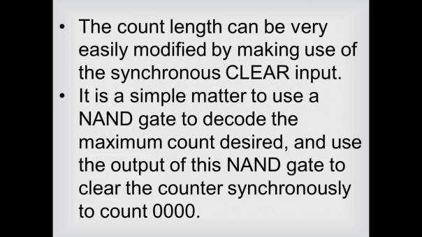So whichever maximum state you desire, the inputs corresponding to that state must be provided. That means the fundamental product corresponding to that state should be provided, so that the output of the NAND gate is going to be low and the clear input is going to be activated. On the next clock pulse, that maximum count is going to appear on QD, QC, QB, QA, and then when you give the next clock pulse, the flip-flops are going to reset. That means they start counting again from 0000 and then come to that particular state. Again it is going to be reset, so that way the count length is going to be modified.